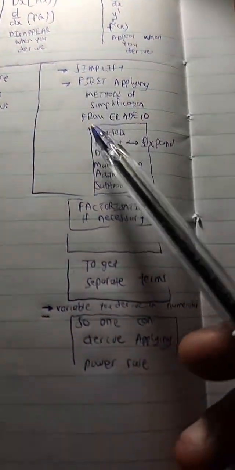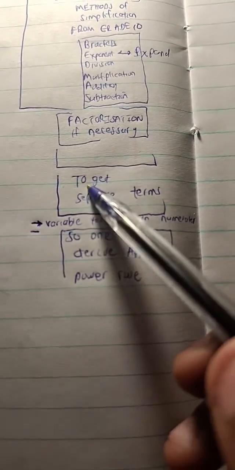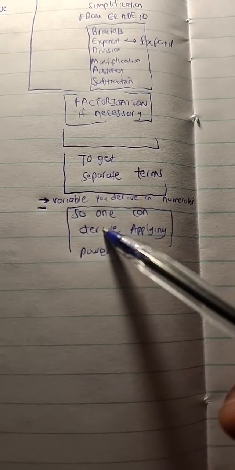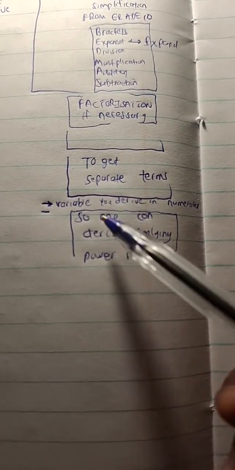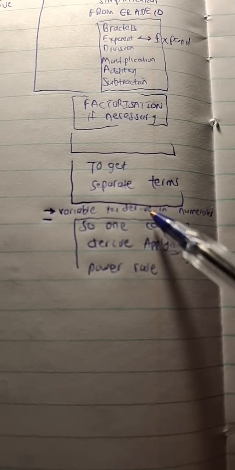Then the whole objective of basically simplifying before you derive is so that at the end you want to have separate terms in your expression, distinct separate terms. Why? So that you can go ahead and apply the power rule for derivation. But even before that, you need to make sure that in your expression before you derive, all variables are in the numerator